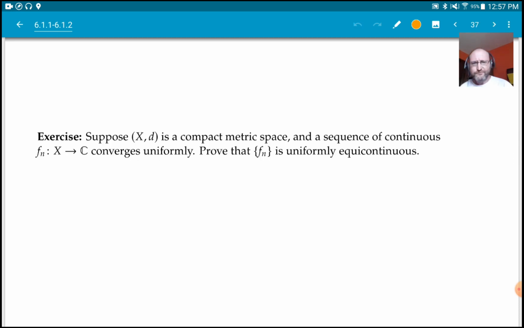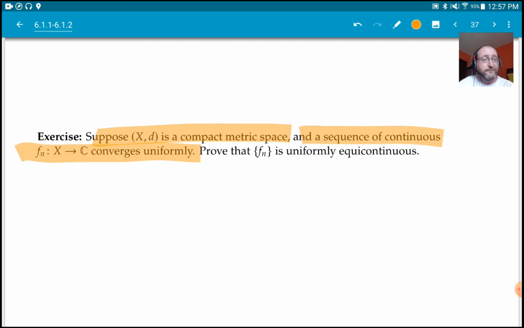All right, so maybe some useful exercises. Suppose that we have a compact metric space and a sequence of continuous functions that converge uniformly, then prove that it is uniformly equicontinuous. Which is really the thing, because we're going to want convergence on compact subsets, restricting to a compact subset. And basically this says that it seems like the right notion, since we're actually going to get basically the opposite,